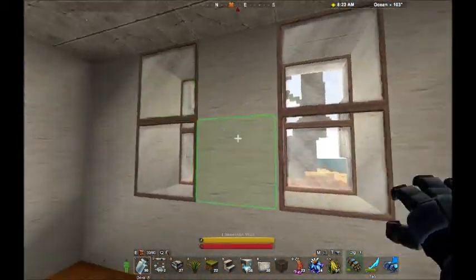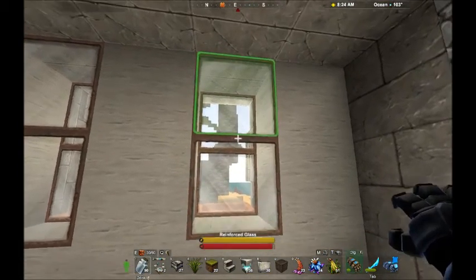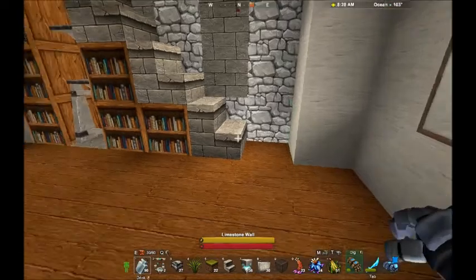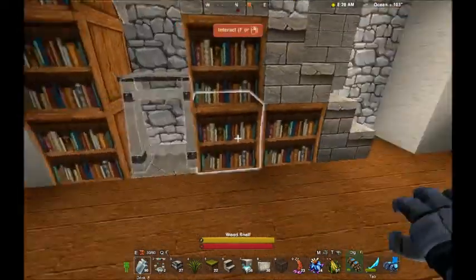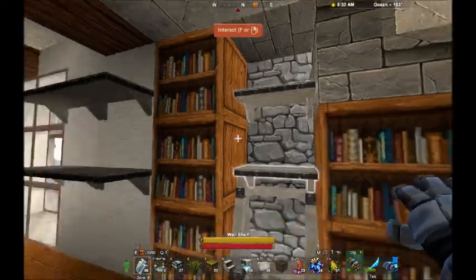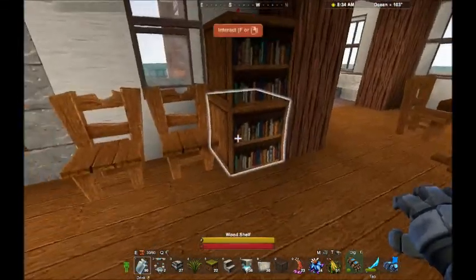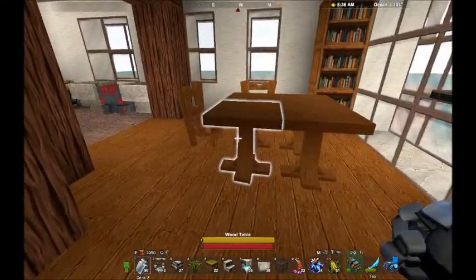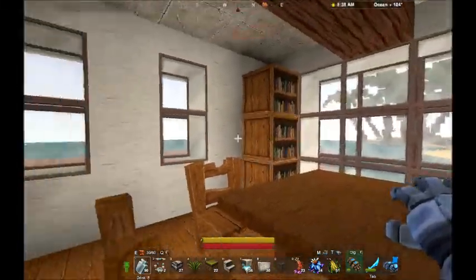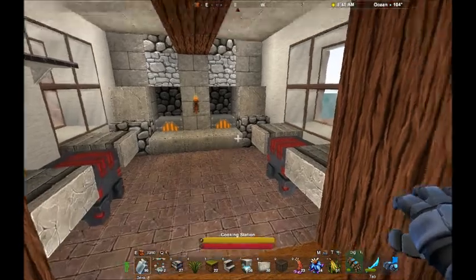and it's very elegant. We've got this reinforced glass here, bookshelves, a weapons rack, normal shelves. It's open plan. You've got your little dining table here, and